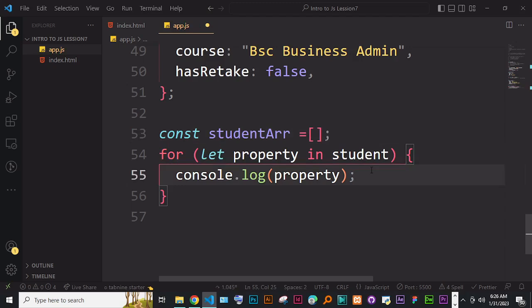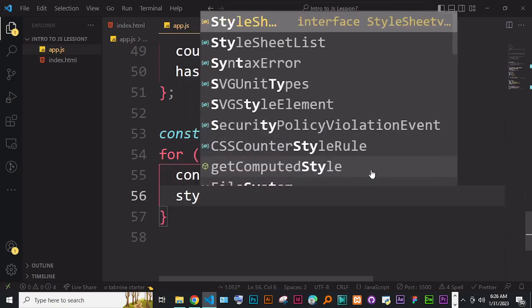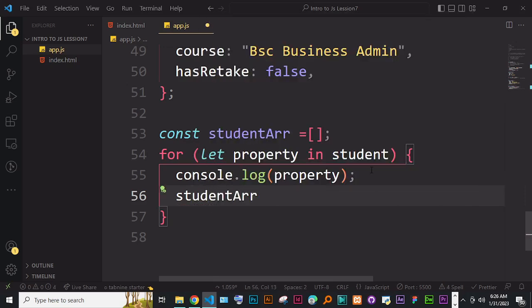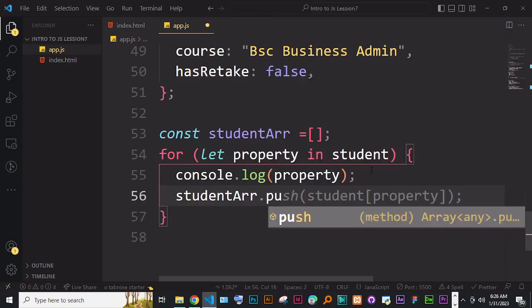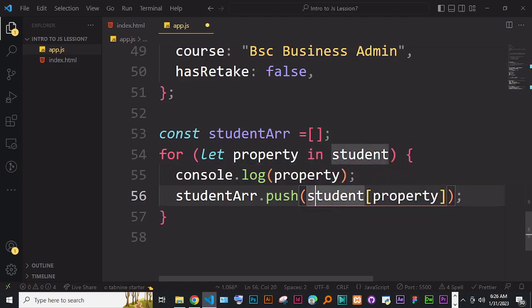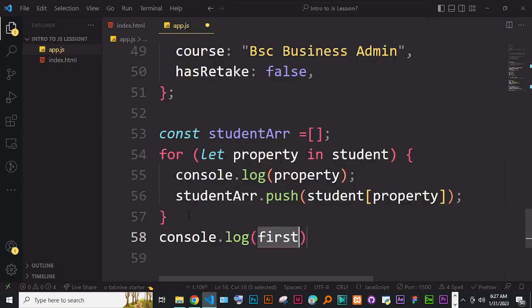So here we could just say student array dot push student property. If you remember the array method, we have this method called push. We access this student object and we push in the property. At the end of the day, if we say console.log student array, this one,